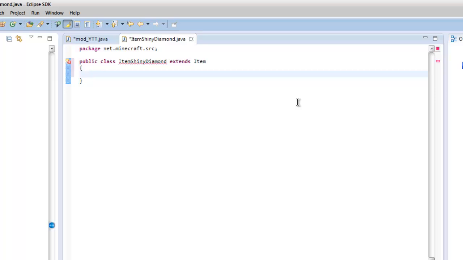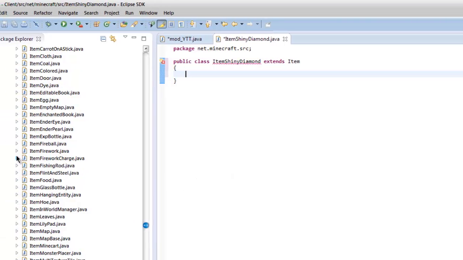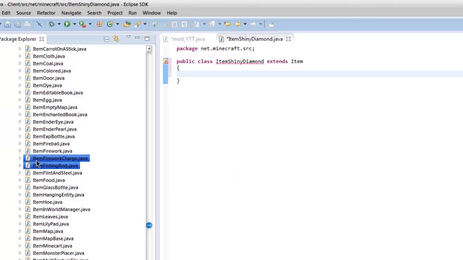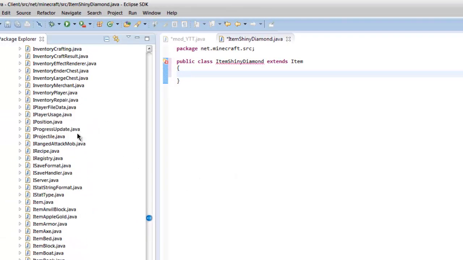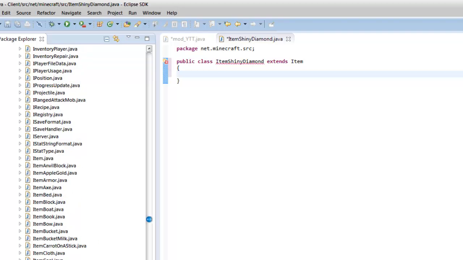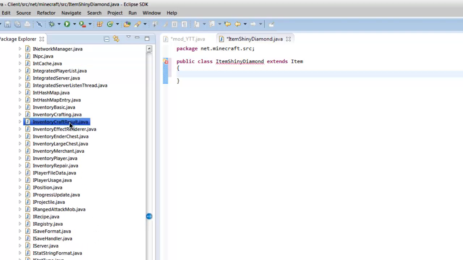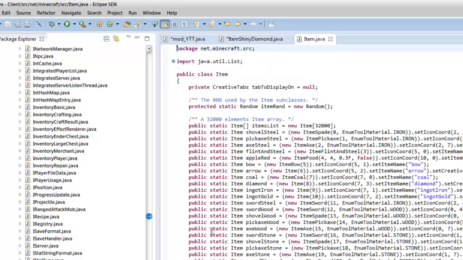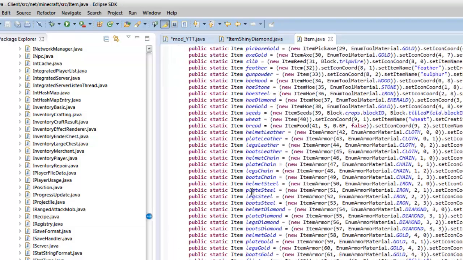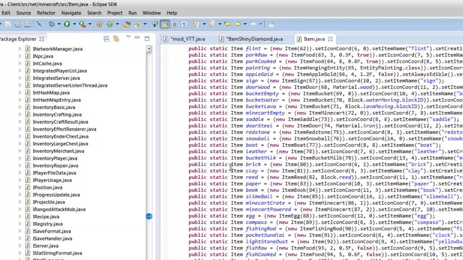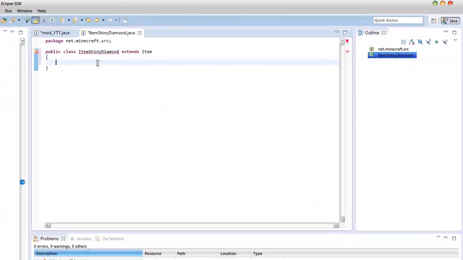Now it basically adds the item shiny diamond inside the items. So if you go down here and search item, go up, up, up. Where is it? There we go, item. It will just add it in here. Like you can see here. You can just add it in here too, but it's much harder. I think you can add it in there. I don't even know. Okay, so now we're going to take public